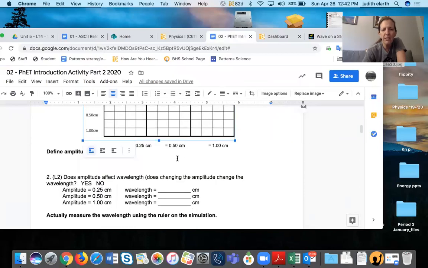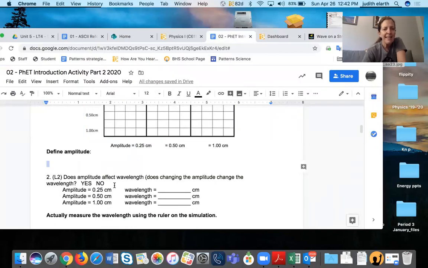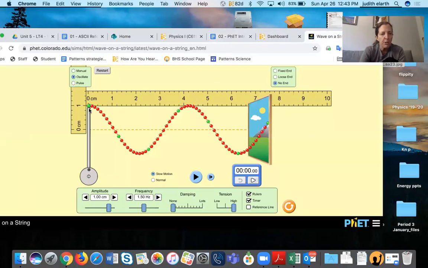So down here, you can define amplitude already. And then here's this question: does amplitude affect the wavelength? When you change the amplitude, did it change how long the wave was? So when you go back, I have the amplitude of 1 centimeter on there right now. Let's just take a look. When I do that, how long is the wavelength? I measure with the ruler. One complete wave goes to 4.2. If I change it back to